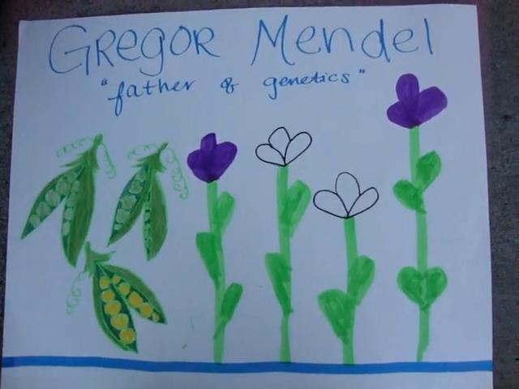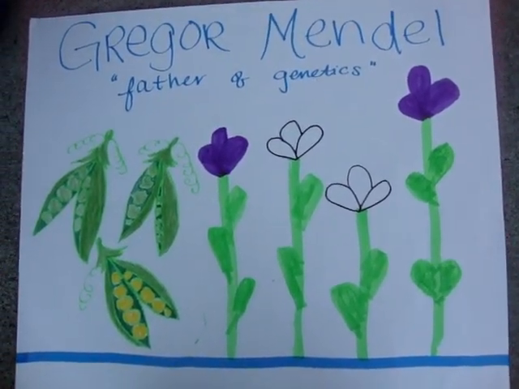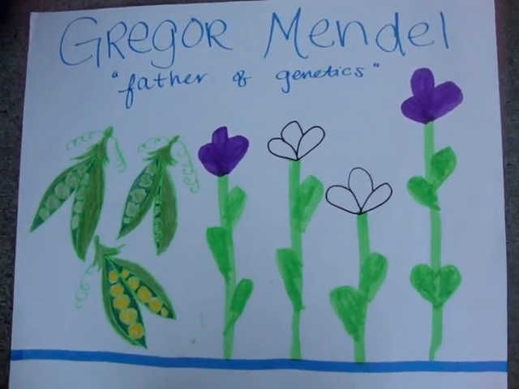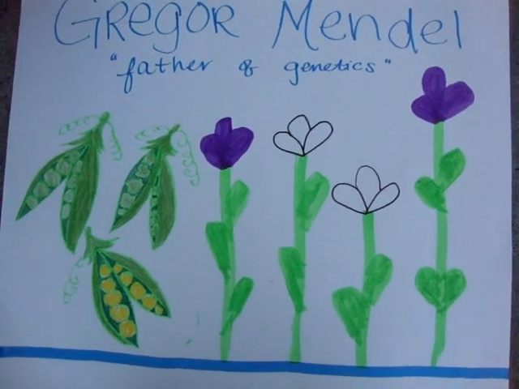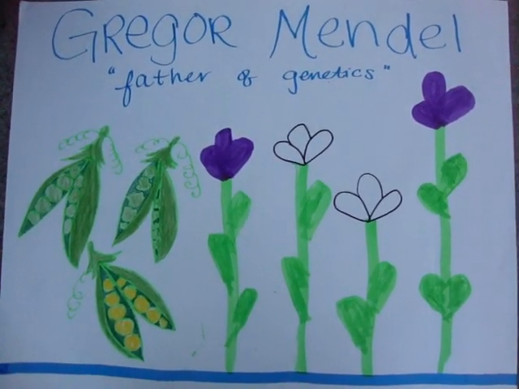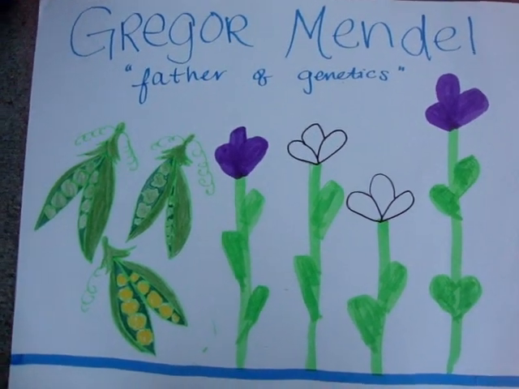Gregor Mendel was an Augustinian monk in Czechoslovakia. He is known as the father of genetics because he was the first to understand how DNA worked. He was famous for working with pea plants. He found that plants' respective offspring retained the essential traits of the parents and therefore were not influenced by the